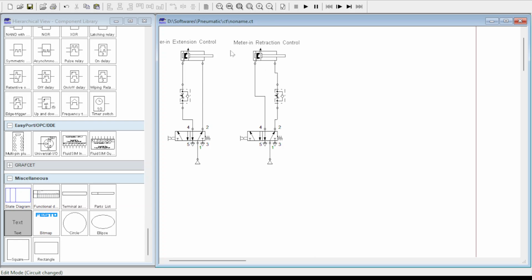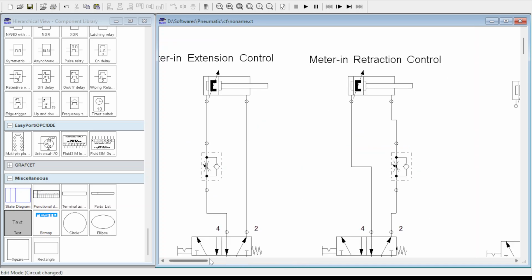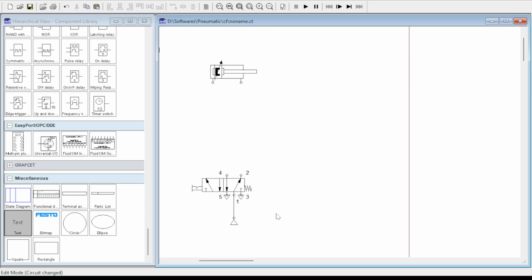So let me copy paste this circuit, where a double acting cylinder will be controlled by a 5/2 DCV. And now, as the exhaust air is controlled in a meter-out circuit, the way in which the connection is to be given is like, for making the cylinder extend, we have to give the air supply from port 4 to the cap end port of the cylinder.